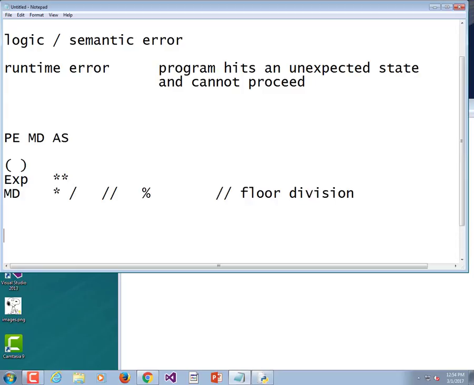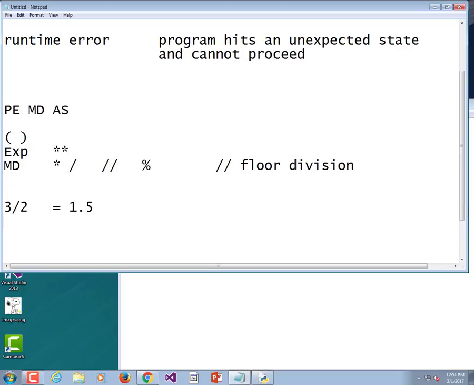If I do this, 3 divided by 2, what's that going to equal? 3 divided by 2 is equal to 1.5. What's 3 floor division 2 equal to? What's floor division mean? It means round down. So what's 3 divided by 2 rounded down? 1, right. And then modulus. Modulus means what's left over after you do the floor division. In this case, it's going to be the same thing, right? 3 modulus 2. Well, 2 goes into 3 one time with a remainder of,